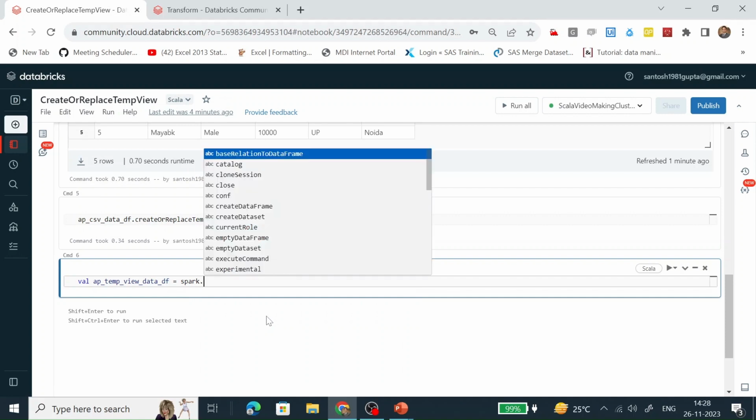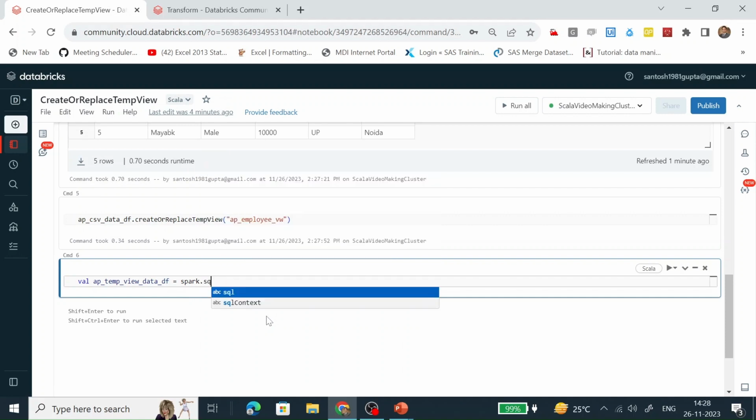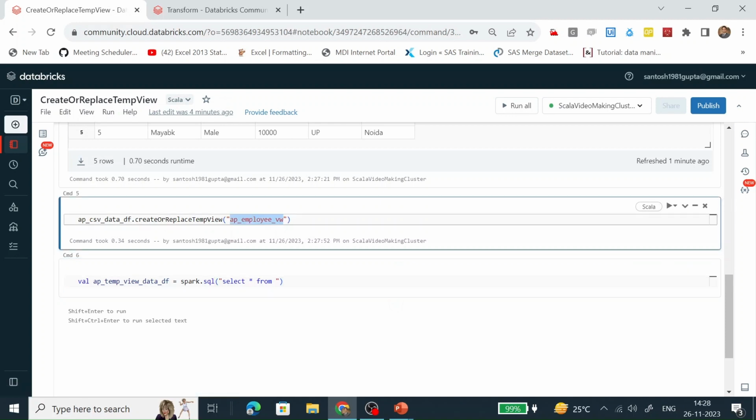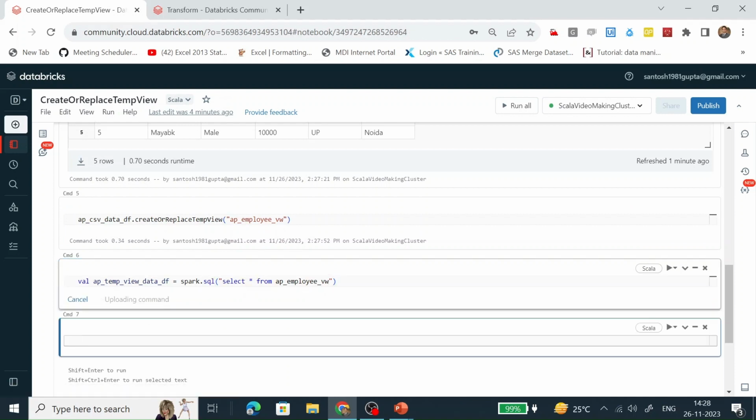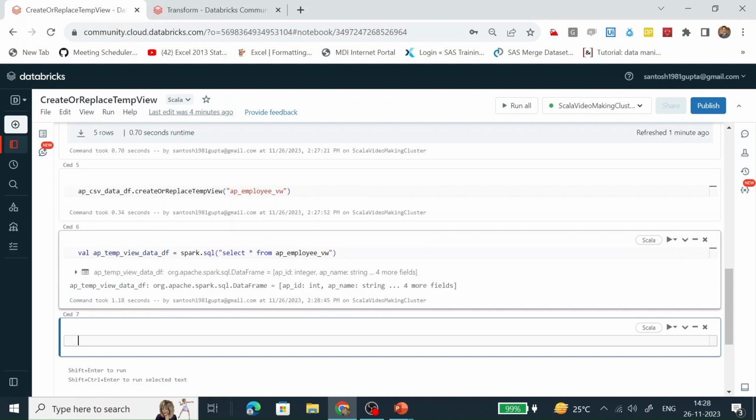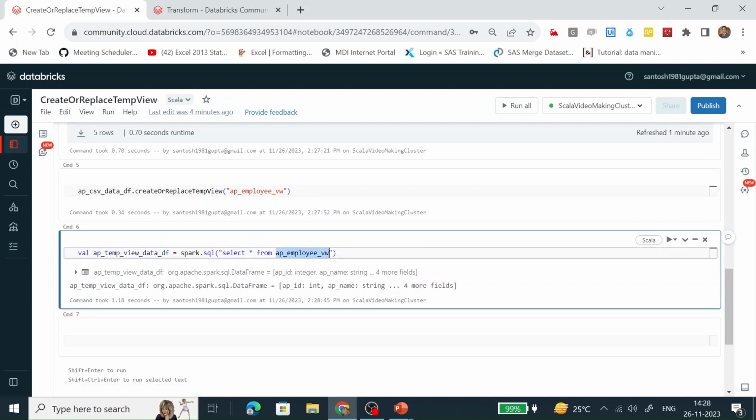Then we need to run a SQL command, spark.sql, and here we are saying select star from, and we are going to select it with the help of this view. Run it. So we are getting all the data from this view with the help of this select statement and create this